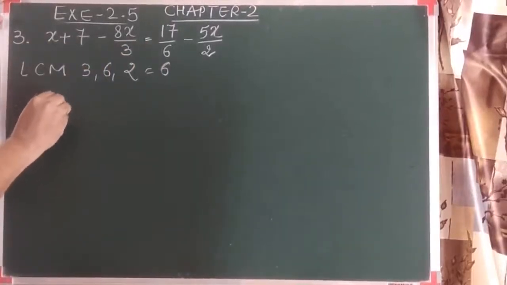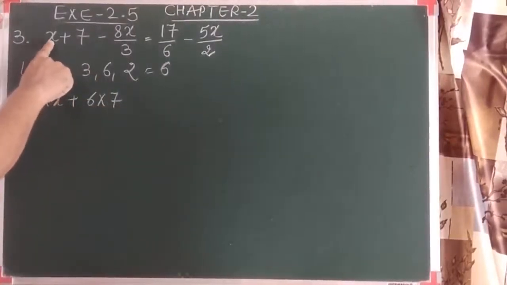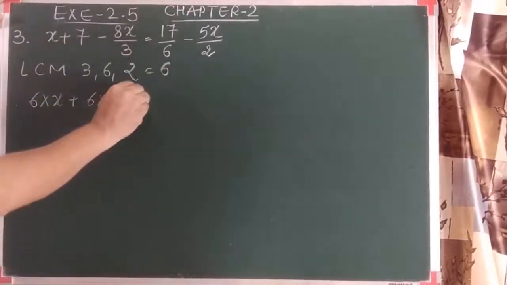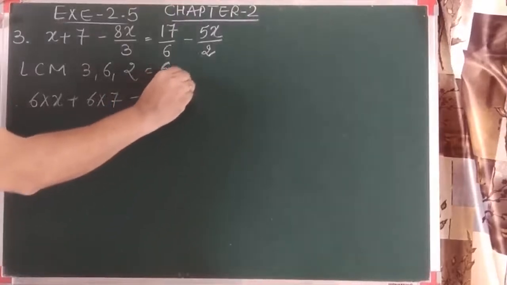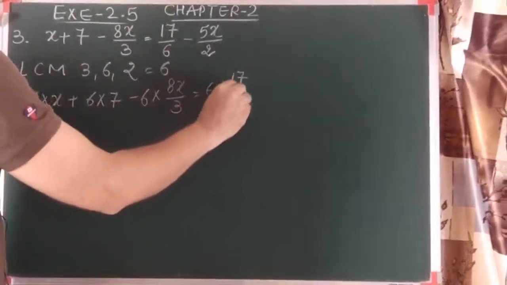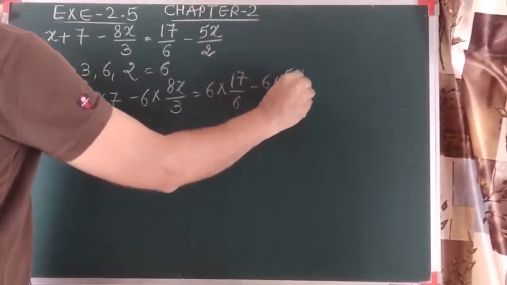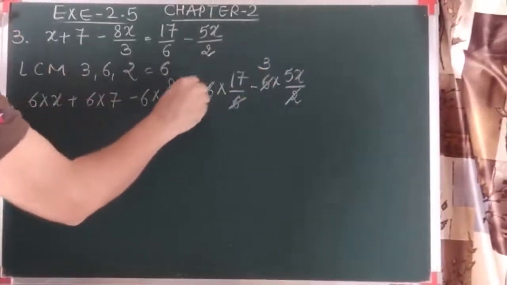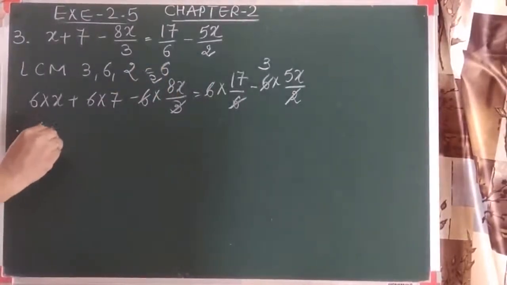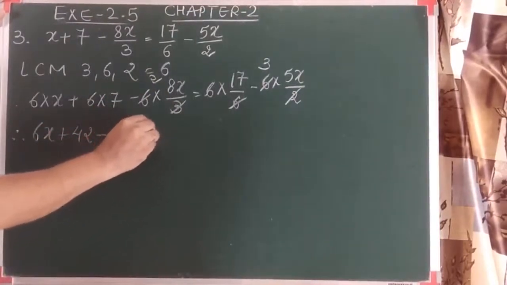6 multiplied with x, 6 multiplied with 7. Students, remember that 6 multiplies with all the terms. This is one term, second term, third term, fourth and fifth. So there are 5 terms, and this 6 should multiply with all the terms. Then 6 into 17 by 6 minus 6 into 5x upon 2. Now we can see the cancellation: 2 3s are, this 6 will cut, and 3 2s are. So here what we obtain is 6x, 6 7s are 42, minus 8 2s are 16x